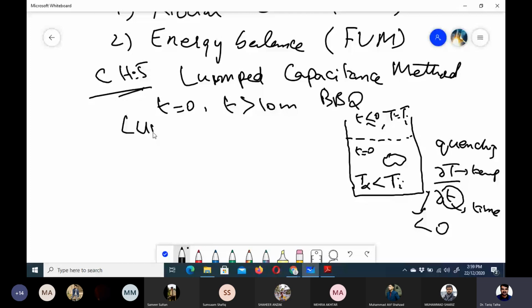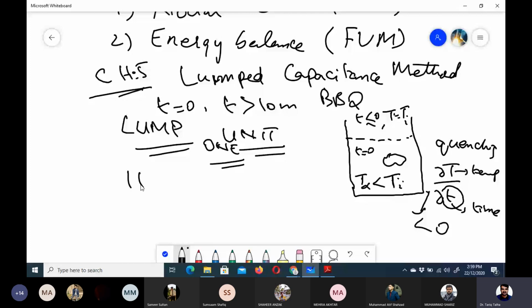What is the English meaning? What is the meaning of lump? We say that anything which can be considered as one, as a unit. So we say lump sum. We have got this thing. So as one unit. So in HMT, when we say lump, it means that we are saying that